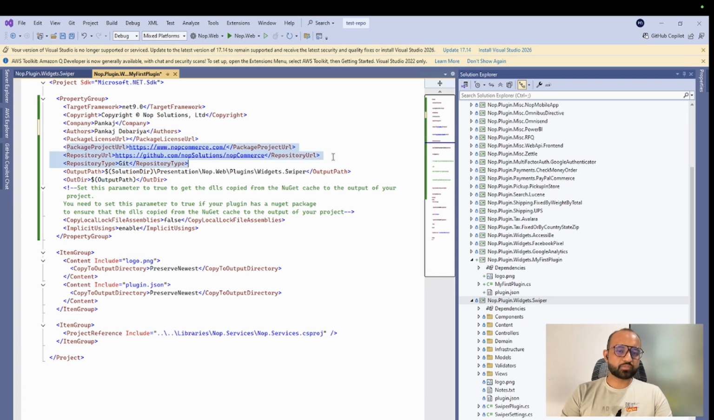Okay, if you have some kind of reference, you can put it over here. The Git repository, also put it over here as well. The second most important part is the output path. Is that like where the plugins will be built? It will be